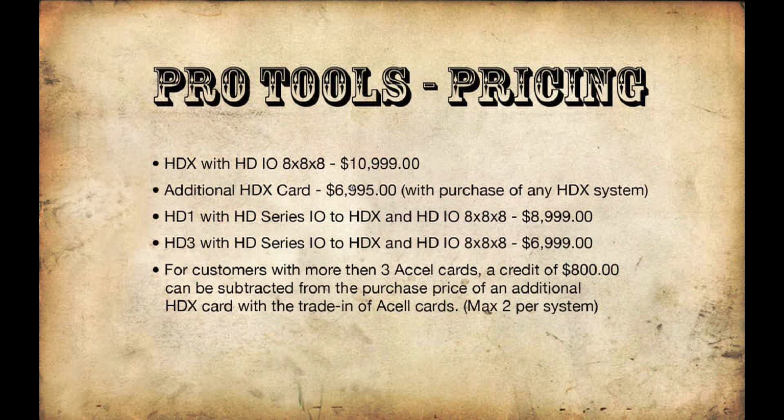And yes, you do have an additional Excel card that you can't do anything with except put that on eBay or apply that to a smaller system you may have. That's Avid's policy on this so far. If there's any new updates on that, we'll make sure to post that and let you guys know. But that's where we're at right now. And I believe this isn't even posted yet as far as the additional trade-ins for an HD6. This is coming straight from our West Coast rep from Avid.